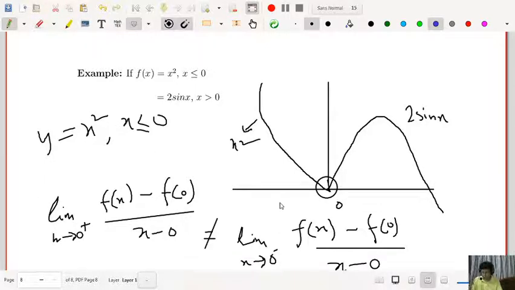So the function is not differentiable at x equal to 0, but there is a change of sign. You can observe the derivative changes sign. If you take the derivative here, it is negative, and if you take the derivative here, it will be positive. So there is a change of sign. A change of sign from positive to negative means the function has a maximum, and negative to positive means a minimum. So from the change of sign you can say the function has a maximum or minimum at 0, but the function is not differentiable at 0.